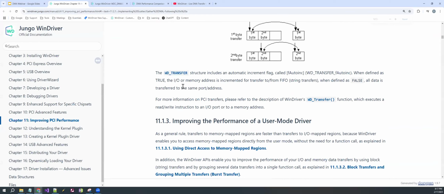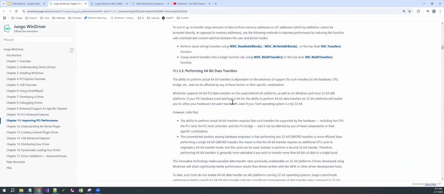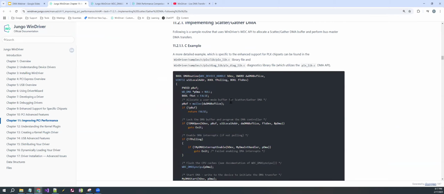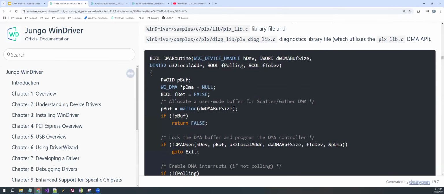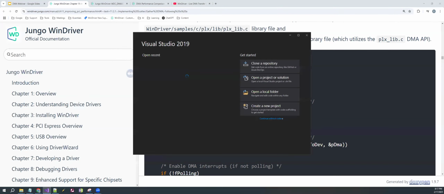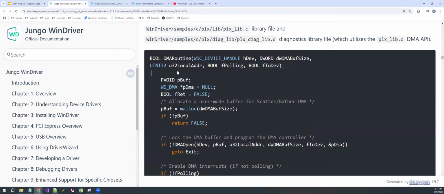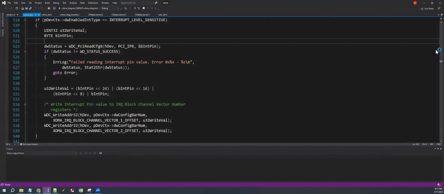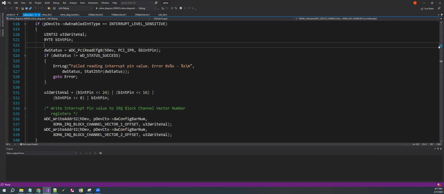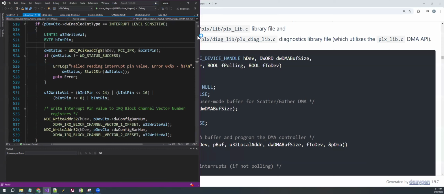Okay, and in this case, let's do something like this. Here we have the routine. And I'll open XDMA right here. Okay. And we can see